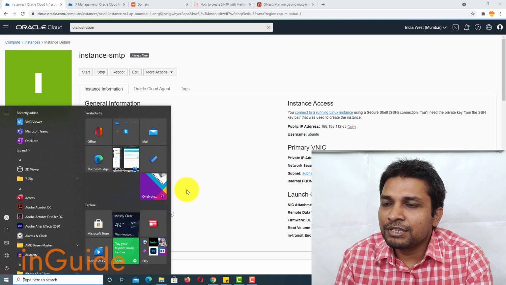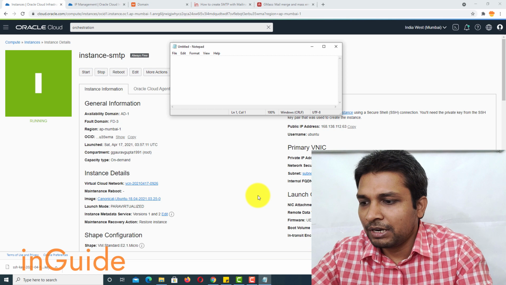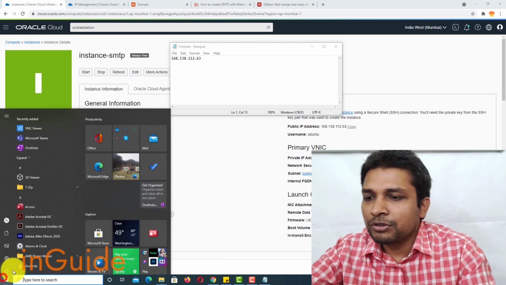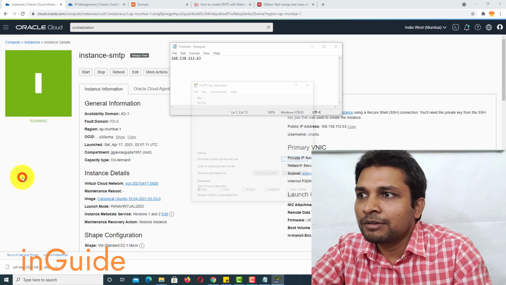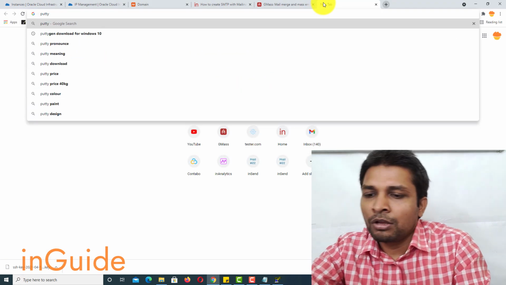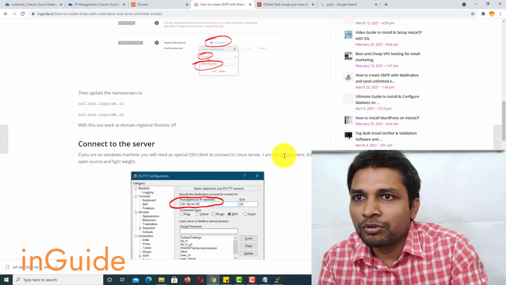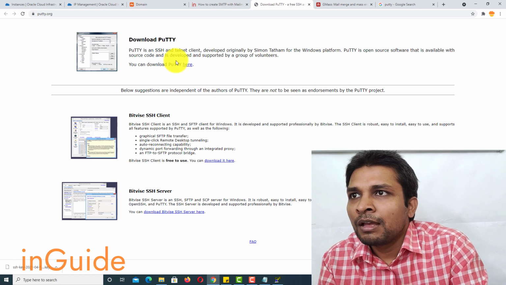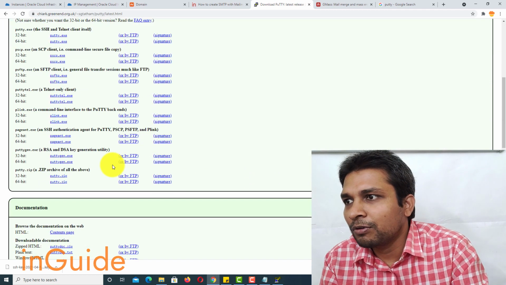Alright, so next step is, let me open the notepad. Next step is to get PuTTYgen. If you don't have it, you can just Google it, or you can go to PuTTY, and from there you will find the link to download PuTTYgen.